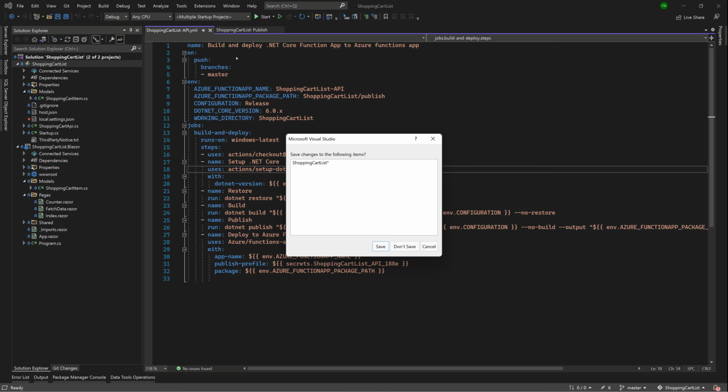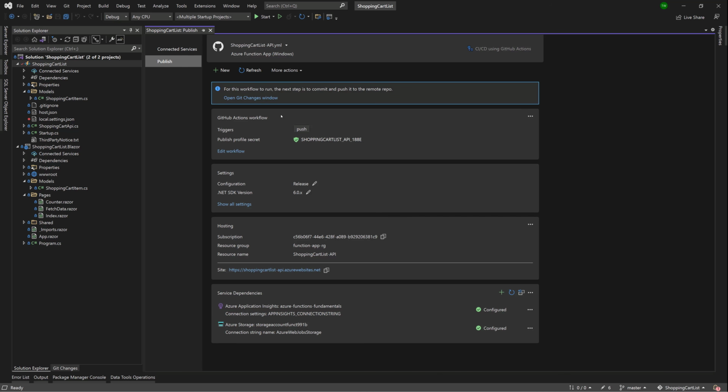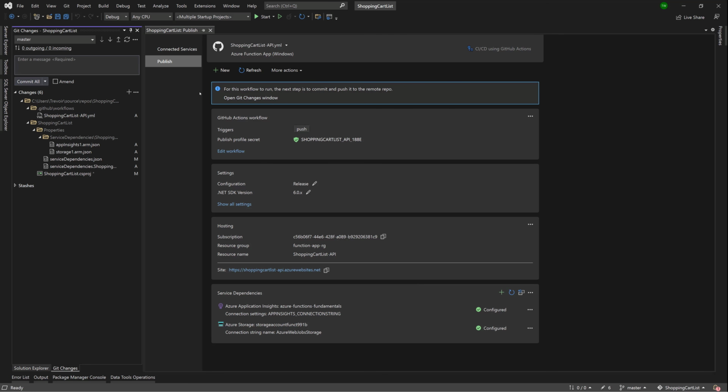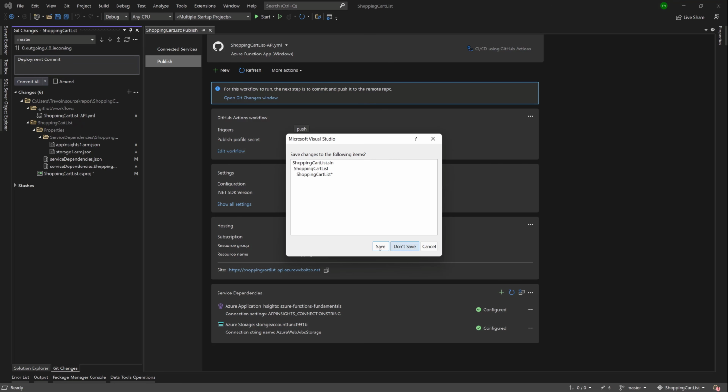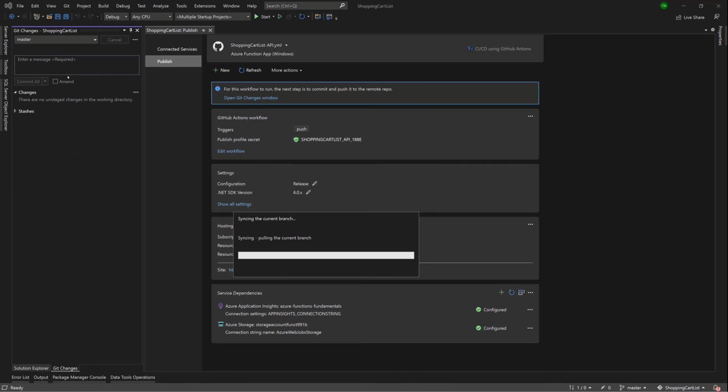So like I said, this will actually be triggered when we do a check-in. So if I open the Git changes window, you see that it's adding all of these changes. And then I'm going to say deployment activity or deployment commit. And then I'm going to just commit all and sync, save all changes, and allow it to push to the